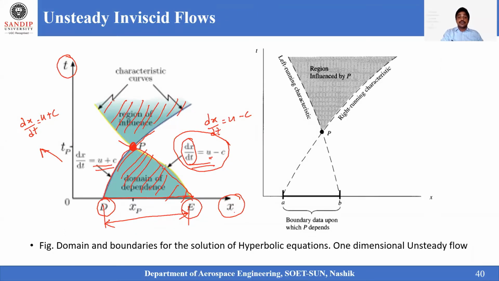So P is dependent on this particular distance, or P can influence this particular distance. If your D to E distance is increased, then P will be influenced accordingly. So with respect to P, I have to retake the region: how much I can expand on the x axis, how much I can influence, how much I am dependent on the x region is being focused. Now when I'm talking about the left running and the right running curves,